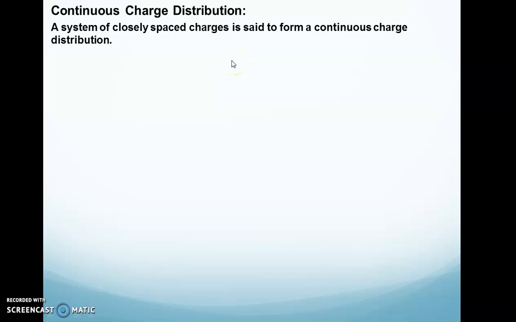charge distribution, right? Now the objects of this universe may be divided into three parts: one dimensional object, two dimensional object, three dimensional object. If one dimension is very large in comparison to the other two dimensions, that is called a one dimensional object, and these objects are known as line objects. If two dimensions are very large in comparison to the third one, that object may be treated as a two dimensional object. So that will be a surface body or surface charge. And if all three dimensions are finite, then that should be 3D.